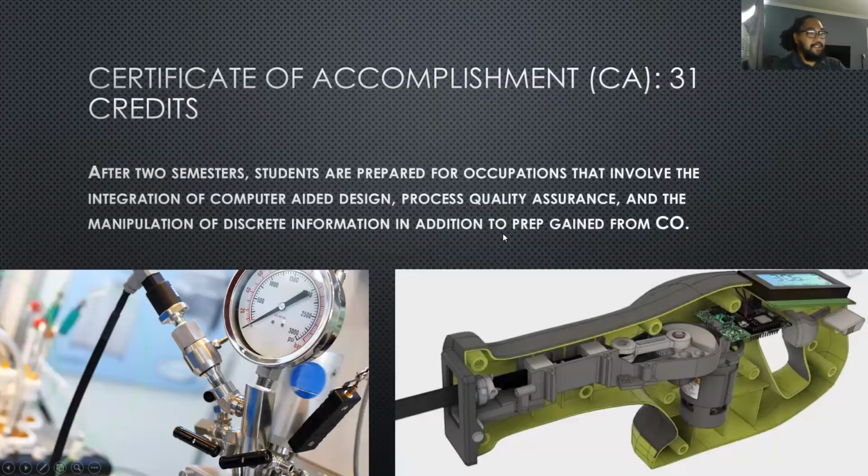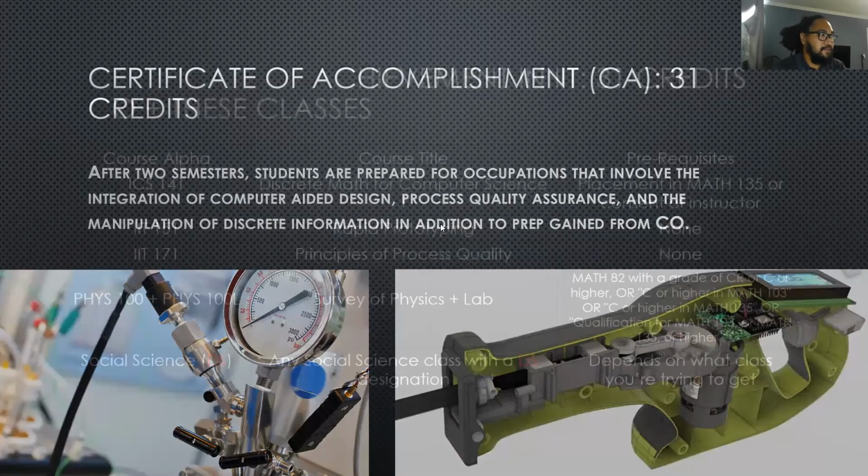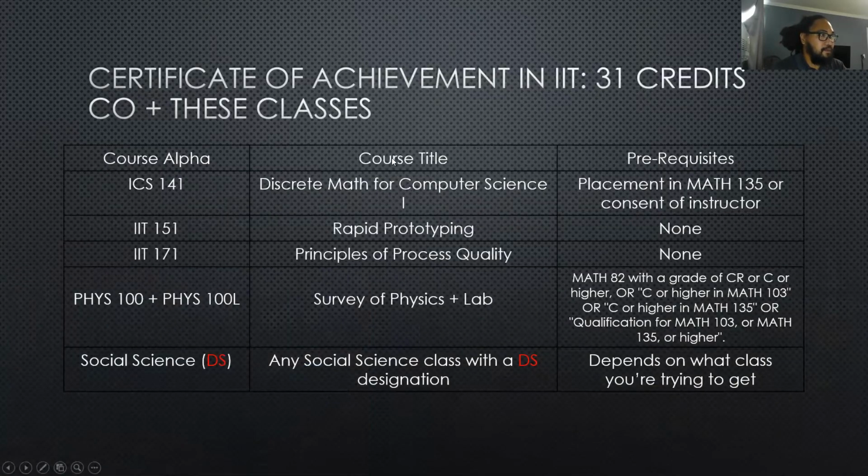Next, once you're finished with the first semester, you'll sign up for the next 5 classes, which will align you to get the Certificate of Achievement, which is 31 credits. Within these classes, you're going to take the same 5 classes from the first semester, which would get you your Certificate of Competence. Then you'll also take these additional 5 classes to get the Certificate of Achievement, which is ICS 141,